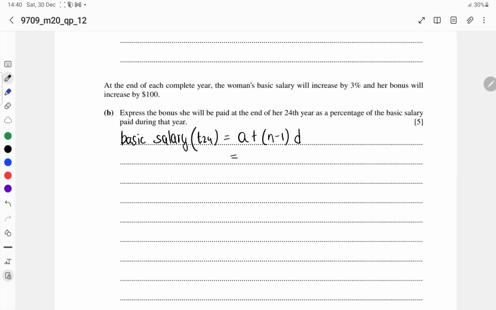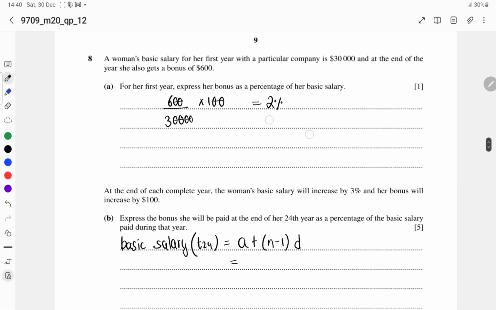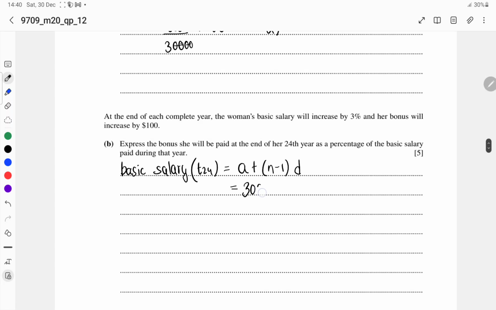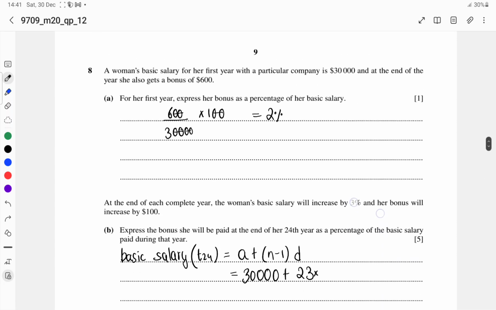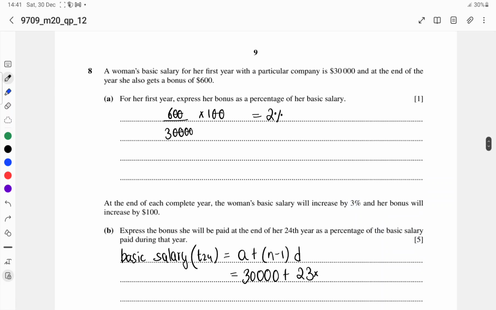So it's simply going to be, the first term is $30,000, plus 24 minus 1, which is 23, into the common difference. The basic salary increases by 3% every year. So what does it mean? It means it will increase by 3%. Let's do it